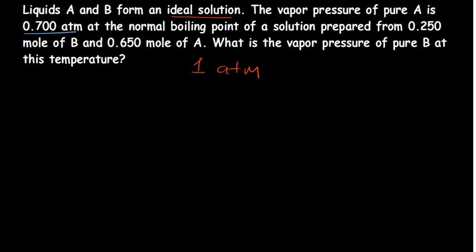So a solution is prepared from 0.25 moles of B and 0.650 mole of A. What is the vapor pressure of pure B at this temperature? So pure B. So one thing that you need to understand is